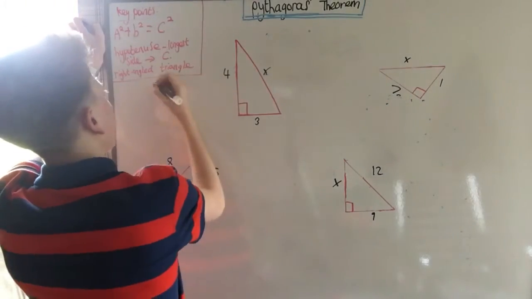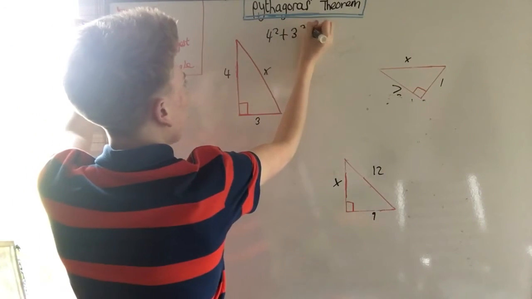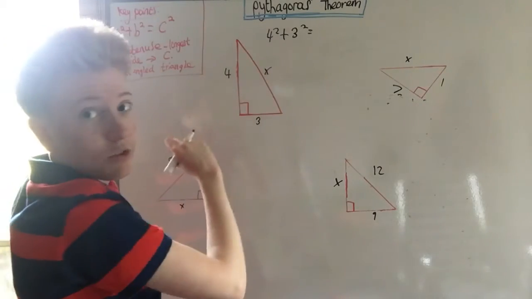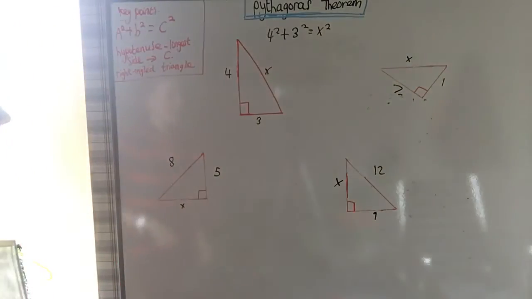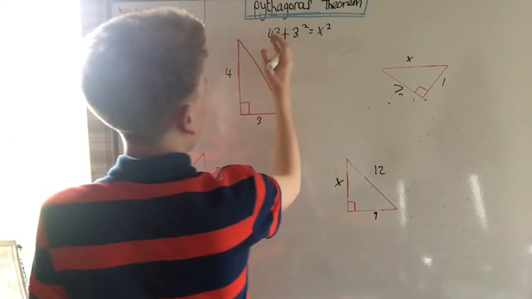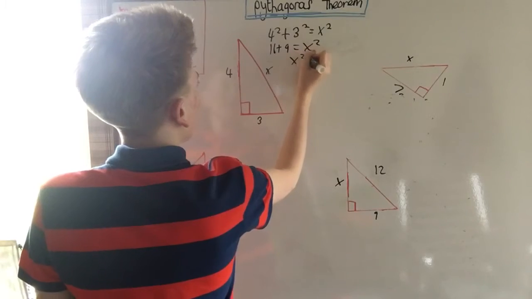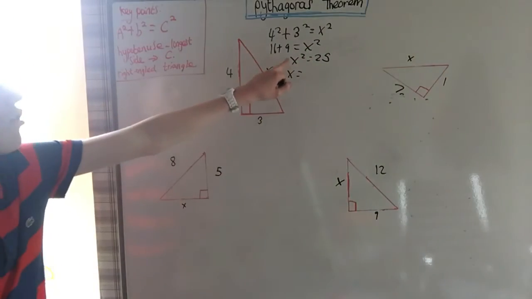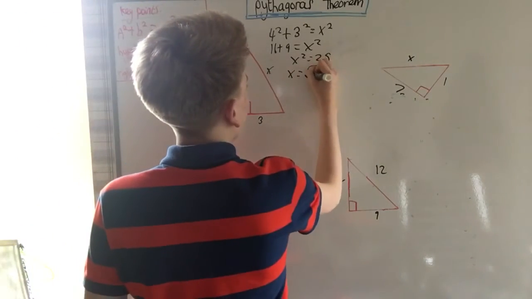A squared plus B squared equals C squared, and C is the longest length of the triangle, which is called X in this question. So we'll call it X squared. But we could call it C, it doesn't matter. Okay? 4 squared is 16 and 3 squared is 9. So 16 plus 9 equals x squared, which is 25. So x is simply the square root of 25. Okay? We take the square root of 25,